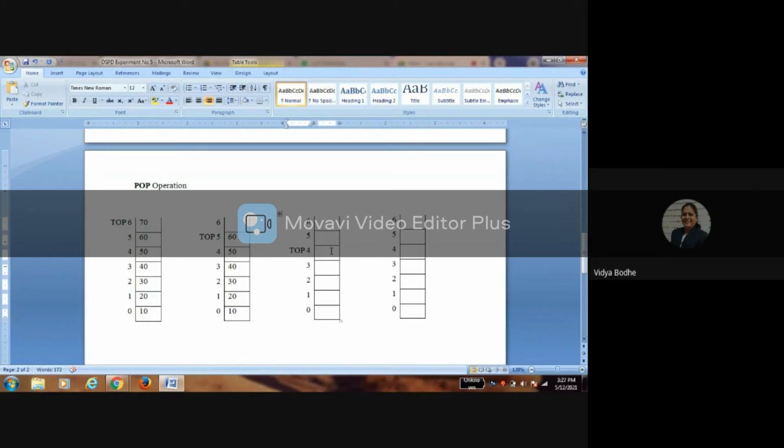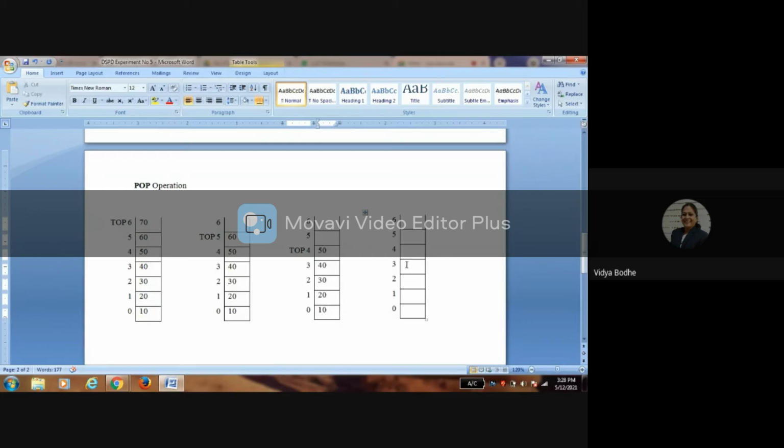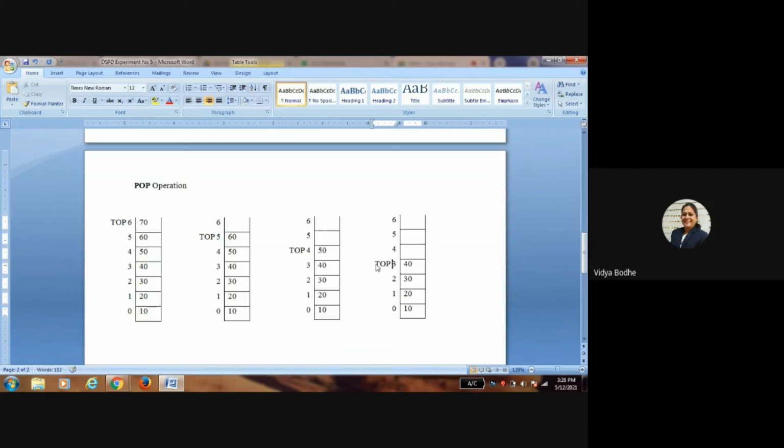Therefore, top is now at position 4. Next element deleted is 50, that is present on the top of the stack, and the remaining elements of the stack will be shown, and top is present at position 3. In this way, the pop operation will be performed on the stack.